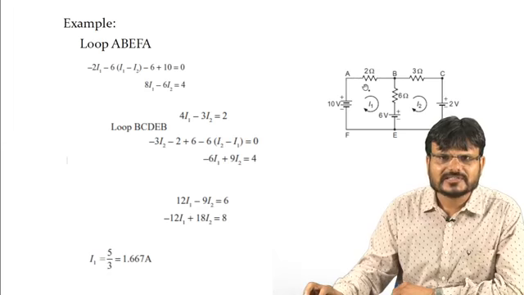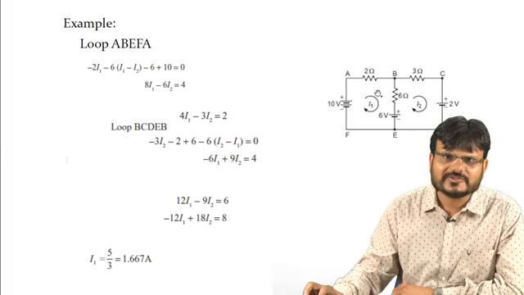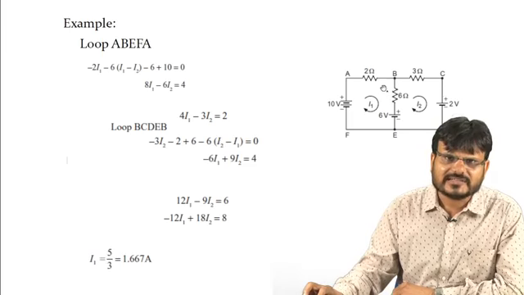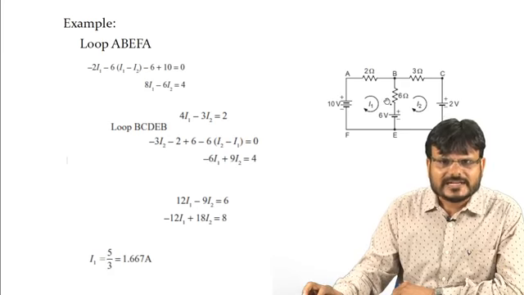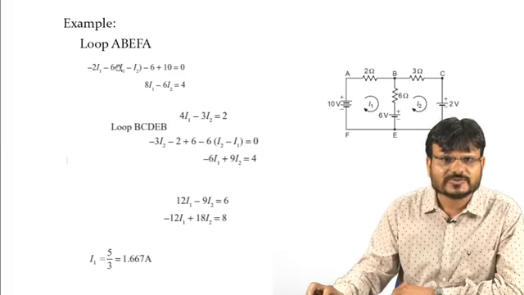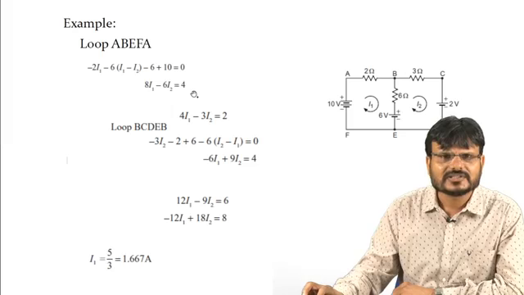This drop can be written as minus 2 into I1. Again here, because there are 2 loop currents, and we are assuming this I1 current is higher than this current I2, the net current I1 minus I2 will flow in this direction. So it can be written as minus 6 (I1 minus I2), the voltage drop across the 6 ohm resistance. Again, because there is a plus to minus, there is also a drop, denoted as minus 6. Again this is minus 2 plus, so it can be written as plus 10. After solving this equation, you can write 8 I1 minus 6 I2 is equal to 4.